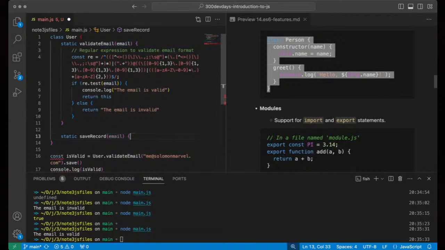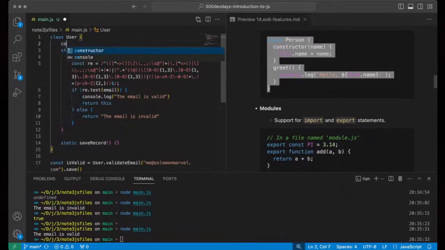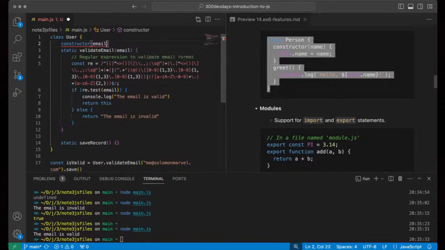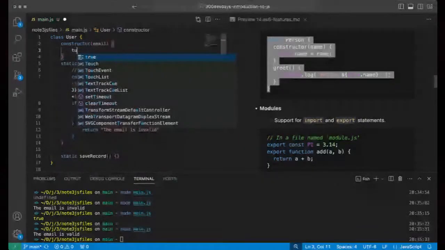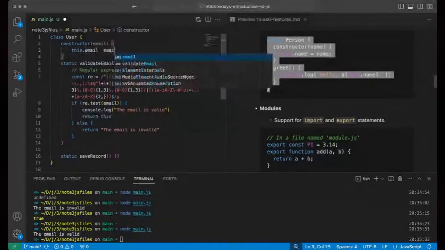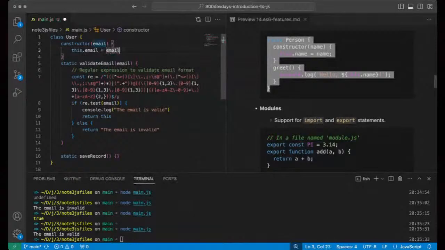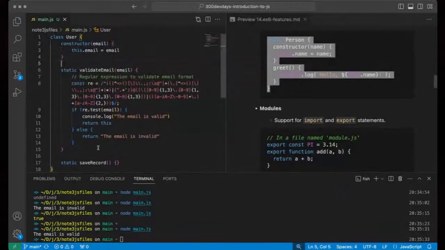Probably want to pass in the email as well. I mean, if there's a different thing here, you probably say, okay, I don't want to pass in the email. I want to have a constructor this time around where I can pass in the email here. And I can say this.email equals email. Now, what we're doing here is I'm trying to teach you how to think through using objects to create that pattern, so I can simply say this.email.